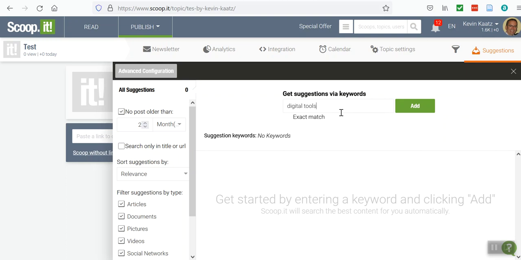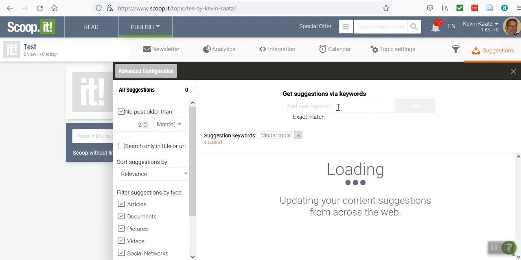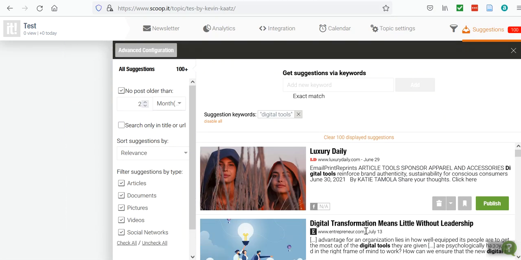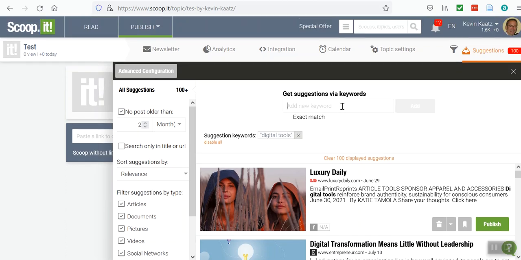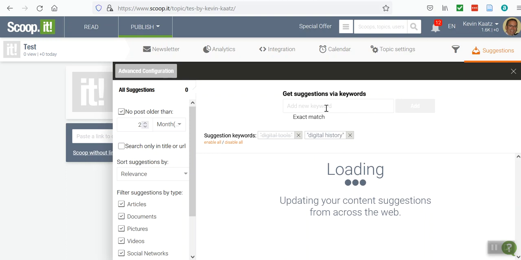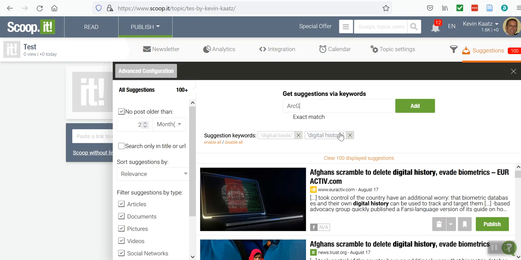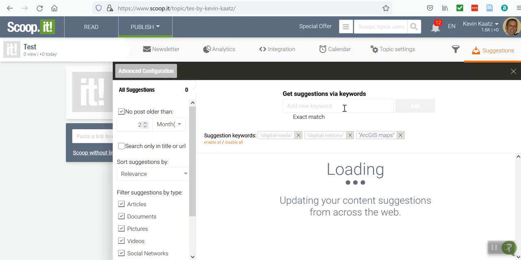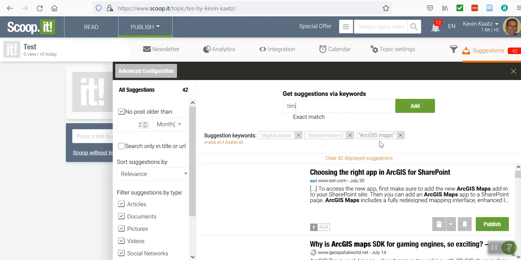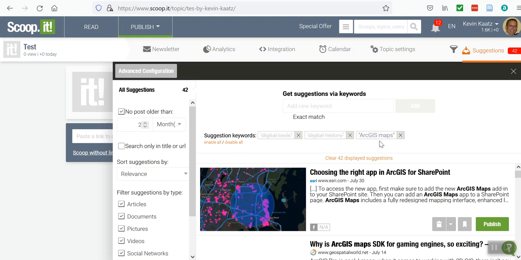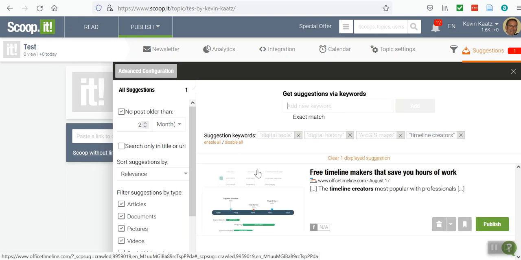Now, you will be looking for digital tools. So of course you want something like that. So I'm going to add that. And then you can see it's starting to pull things already. It may not be totally applicable. Let's see, digital history. Let's add that. I'm going to add ArcGIS maps. Maybe timeline creators. All right, you have to play around with these particular